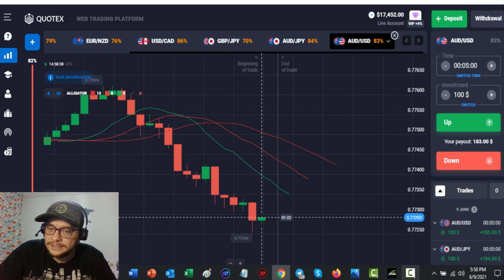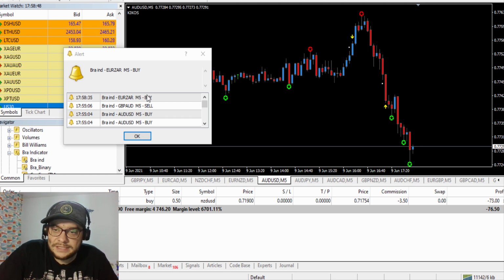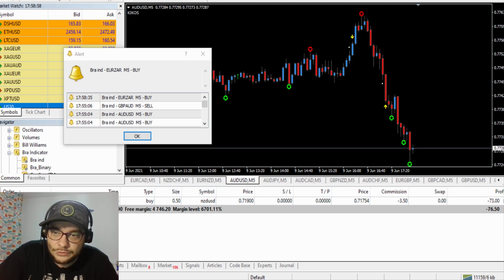And we have another signal. Let's have a look at it. We have Euro South African rand. So let's see. I don't know if we have this EUR/ZAR. Let's find it here. Let's have a look on the chart. I don't know if we have it